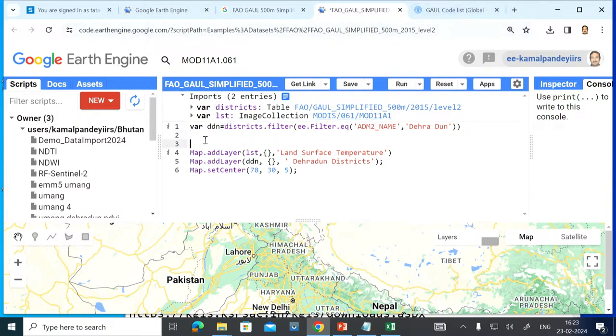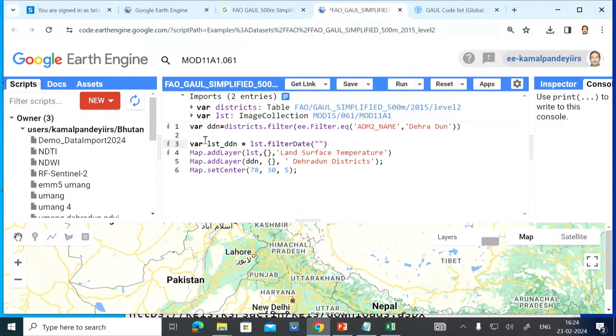So what I will do here now, var LST_DDN, I will require the LST for the Dehradun region only. Here I will say LST dot filterDate. Which date do I want?